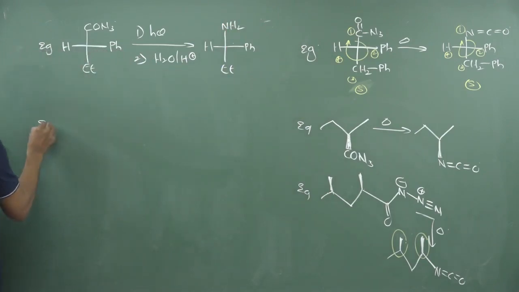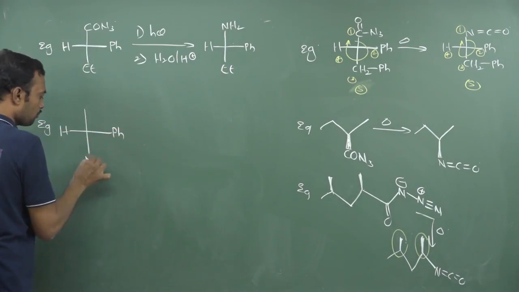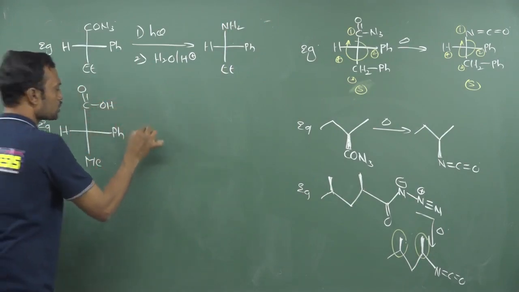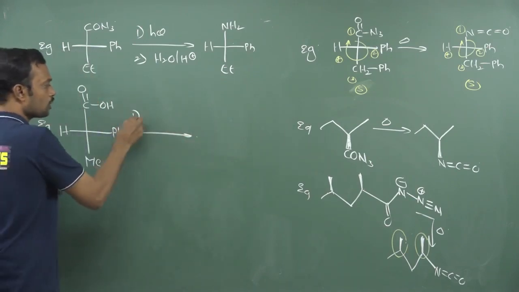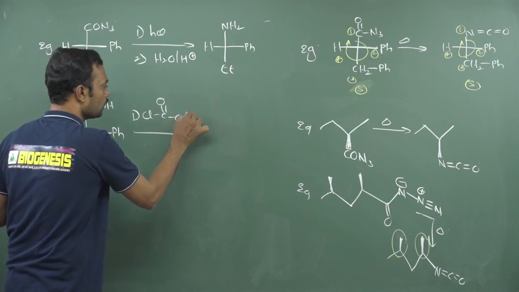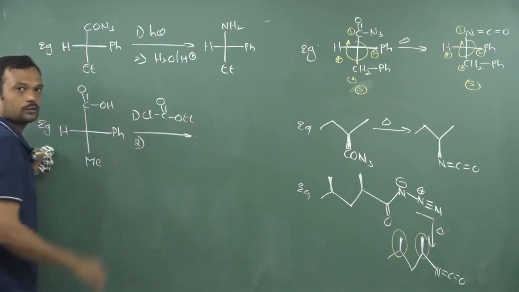You can also proceed with a multi-step reaction. Here I have phenyl and this is methyl. Now here I am writing C double bond OH. So here first they have given a carboxylic acid. In the first step, the carboxylic acid reacts with ethyl chloroformate. What is the product involved in this one?